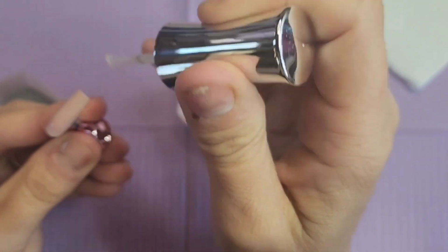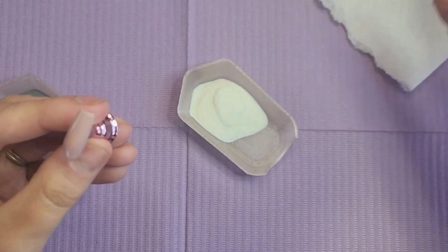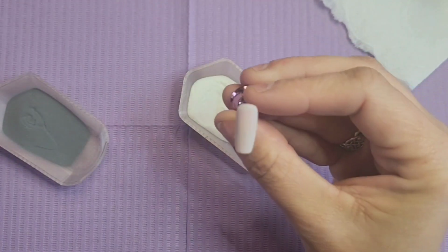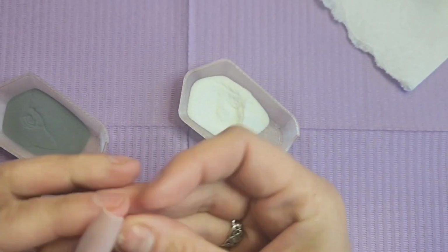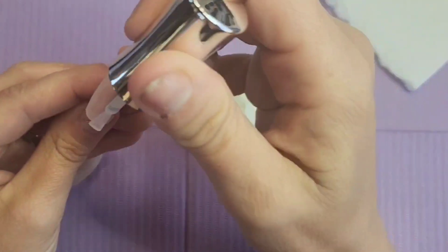We're going to do 3 white and 2 gray. And I had a little trouble with the white. The one I'm using is not super opaque. It is a glow, which I do have a glow pic at the end, so stick around and you'll see that. So I did have to do 3 layers of the white, and I did 2 layers of the gray